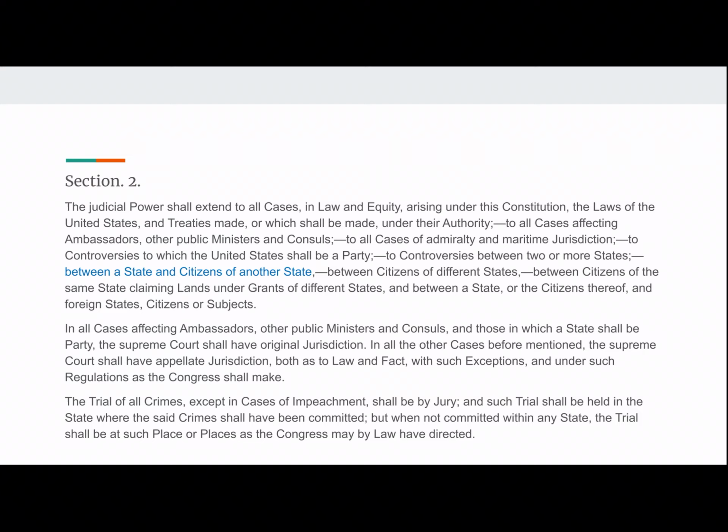The trial of all crimes, except in the case of impeachment, shall be by jury, and such trial shall be held in the state where the said crimes shall have been committed. But when not committed within any state, the trial shall be at such place or places as the Congress may by law have directed. So it's basically saying, if it has something to do with this Constitution, such as a